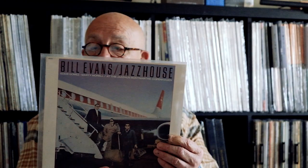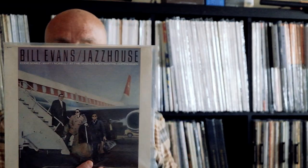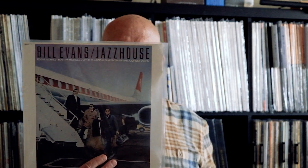Bill Evans in Montmartre on Milestone Records. You can see it's a promo copy, so theoretically it should sound a little better. It does sound pretty good. Milestone, their recordings were good. They weren't great, but they were good. But this is a very underrated Bill Evans record that is seldom seen,